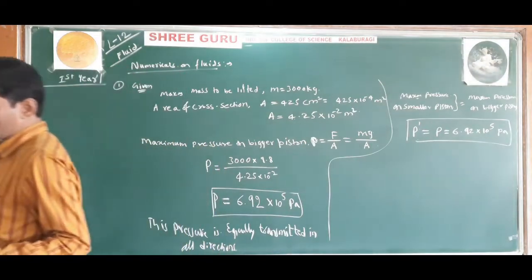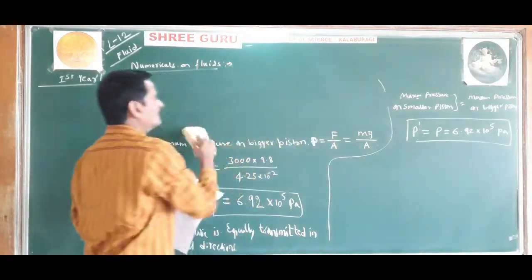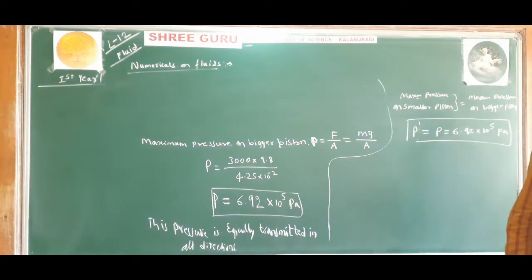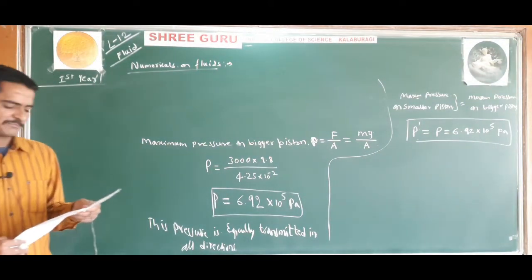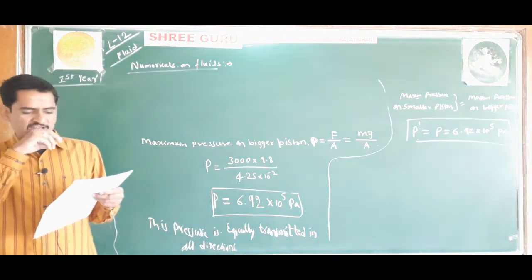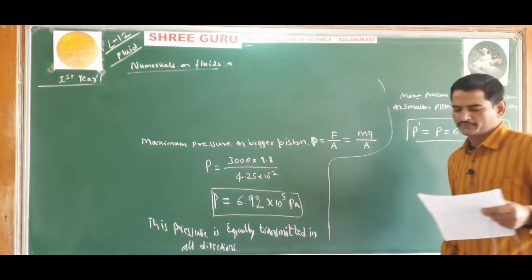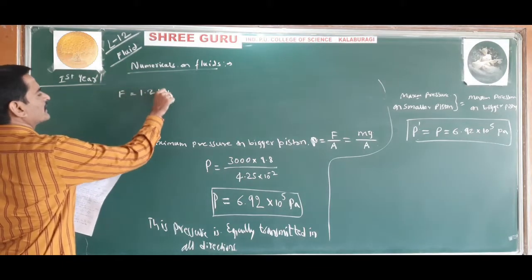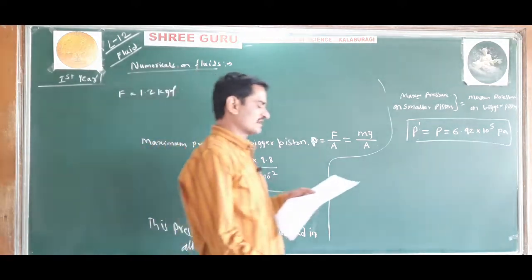If the cork, C-O-R-K, is pressed with a force of 1.2 kgf in the neck of the bottle,